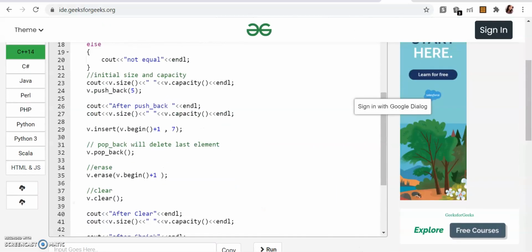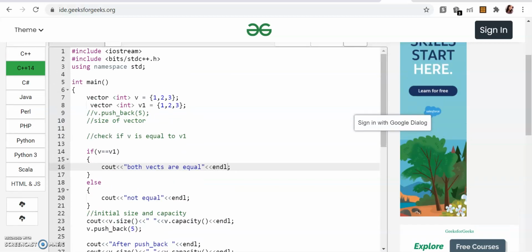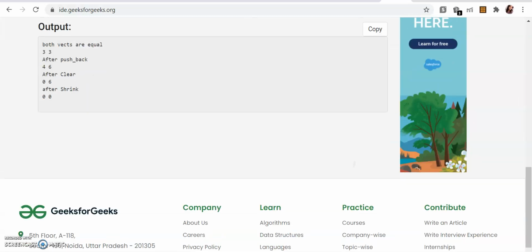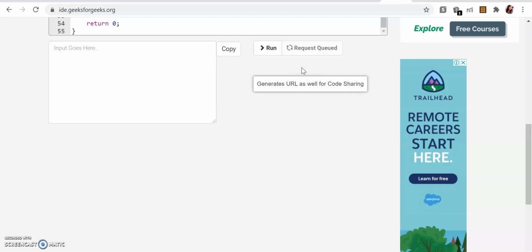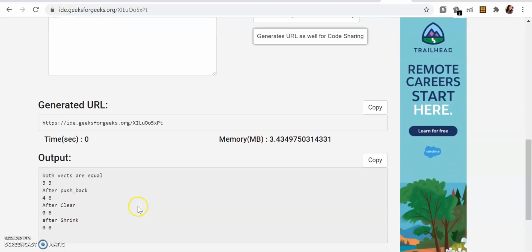So I think I gave a pretty brief idea on how to use these functions. You can also check out the previous videos, and if I have missed any of the functions, you can try it out yourself. Also, I'll link some of the resources, and I'll create a URL out of it and link it below, so you can have a look. Please try it and let me know if you have any questions.